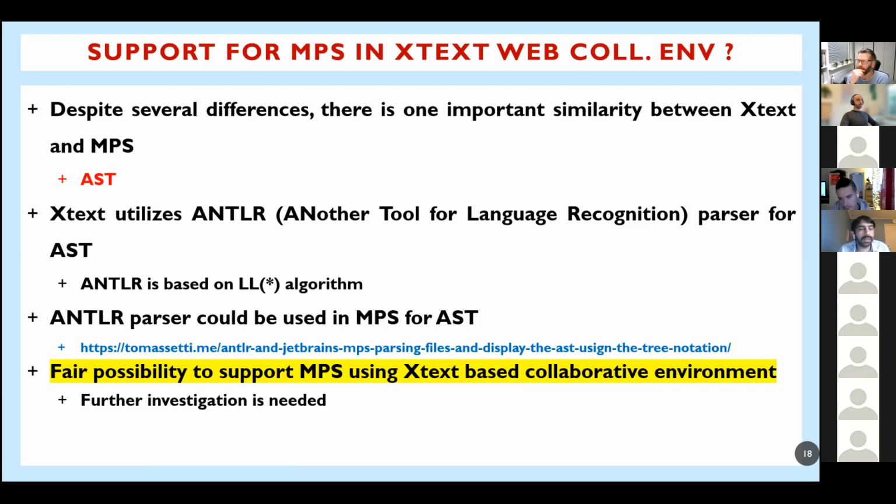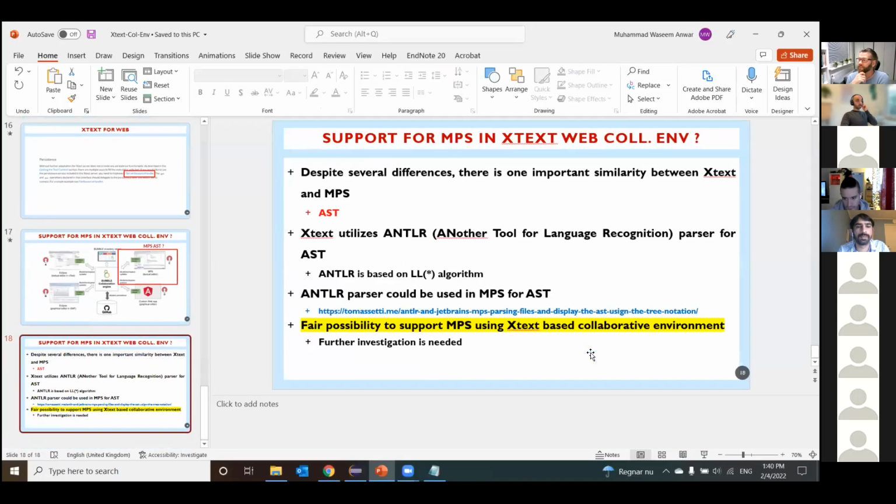MPS. So the approach that we are planning to take is that we can actually translate a structure model, which is the meta model in MPS, into an eCore model. Vice versa is very difficult, because eCore meta models have a much richer type system, but the other way around is quite trivial actually. So then you have an EMF model, which is the same as the structure model, and then it's only one